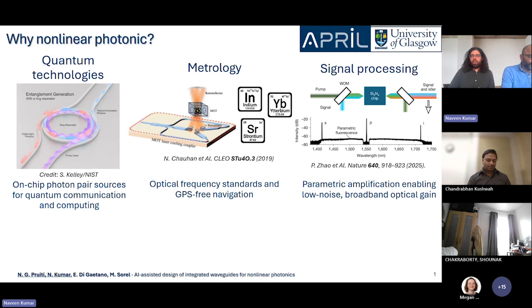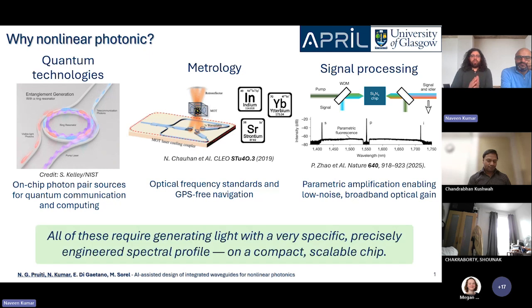For instance, you can do what's called parametric conversion, where you use a strong pump signal to amplify your desired signal, and you're generating another one at a different wavelength. That's, for instance, easier to sense. This is just, again, a small subset of applications, but the point is that all of these require that we